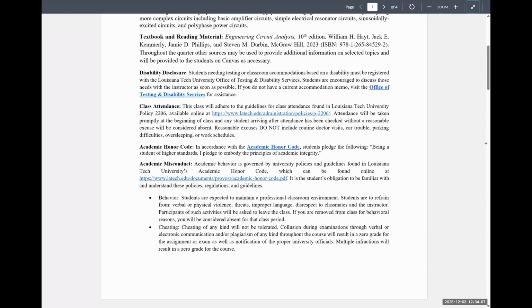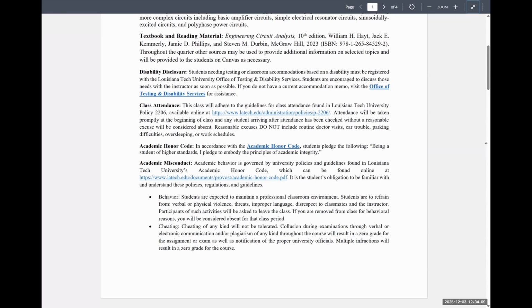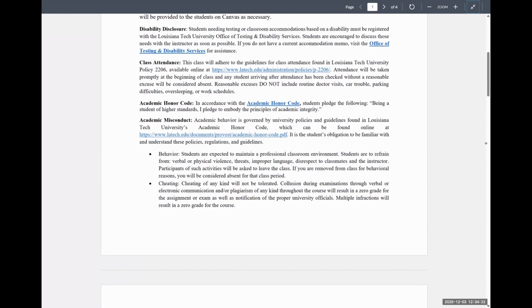Let's see here. Academic honor code stuff. So in accordance with the academic honor code, students pledge, being a student of higher standards, I pledge to embody the principles of academic integrity. Then we have the university's official academic misconduct policy with a link to it,